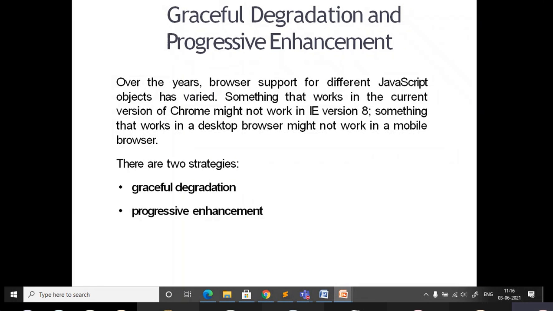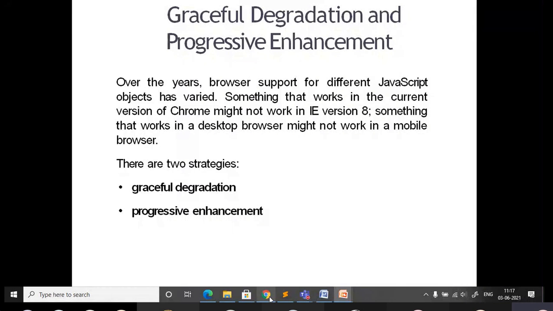So what is the meaning of graceful degradation? Browser support for different JavaScript objects has varied. Something that works in the current version of Chrome might not work in Internet Explorer version 8. So this problem normally happens. Maybe some application that runs in the desktop browser might not work in the mobile browser. So that is the problem. There are some strategies used to take care of this problem.